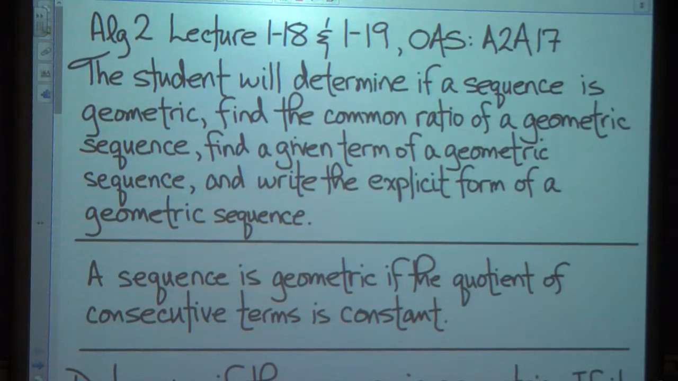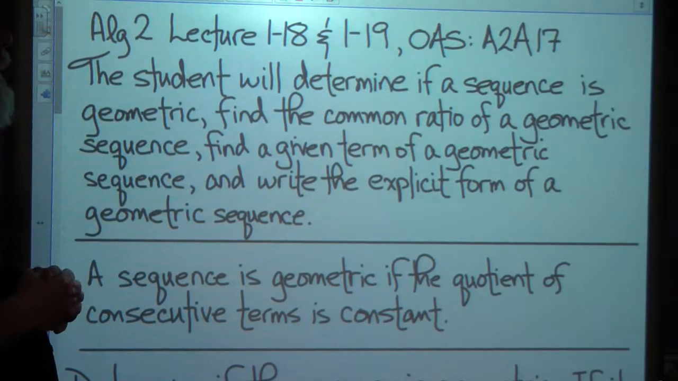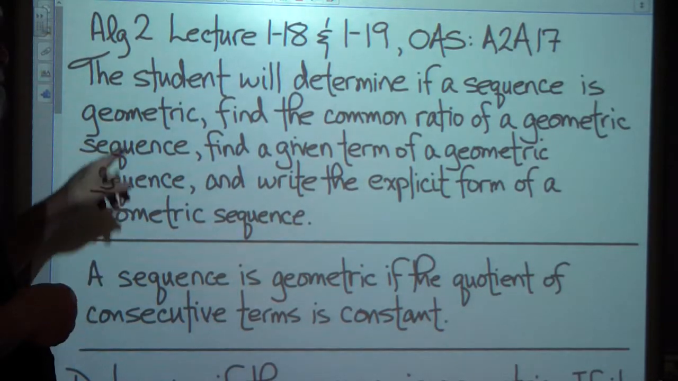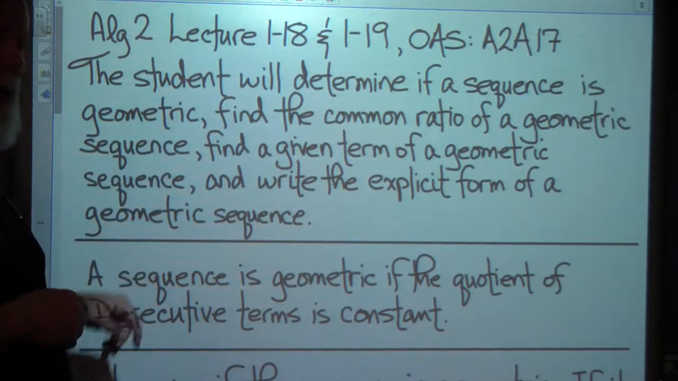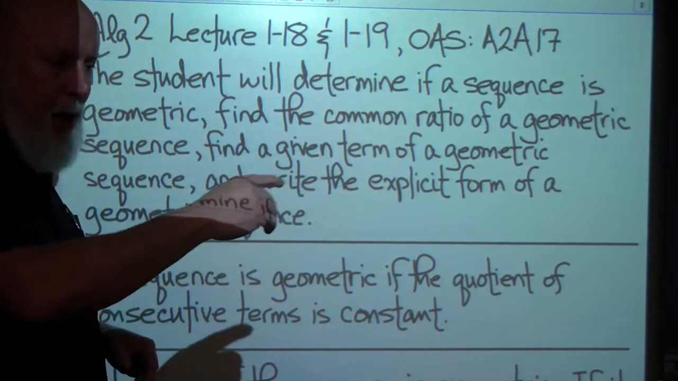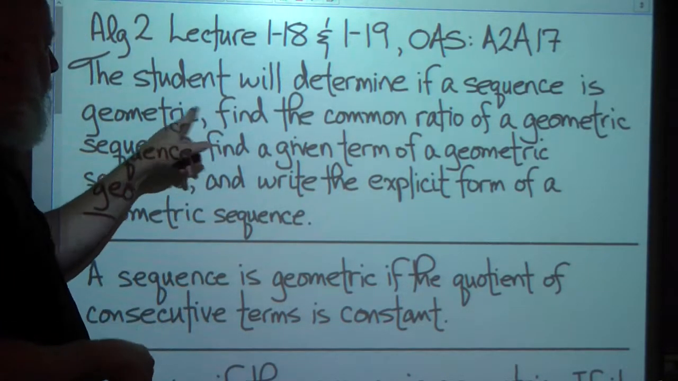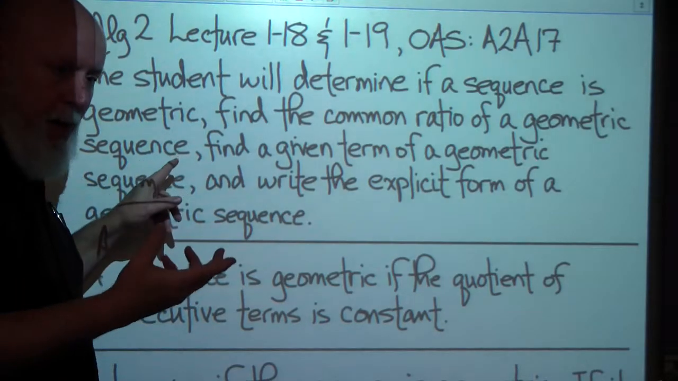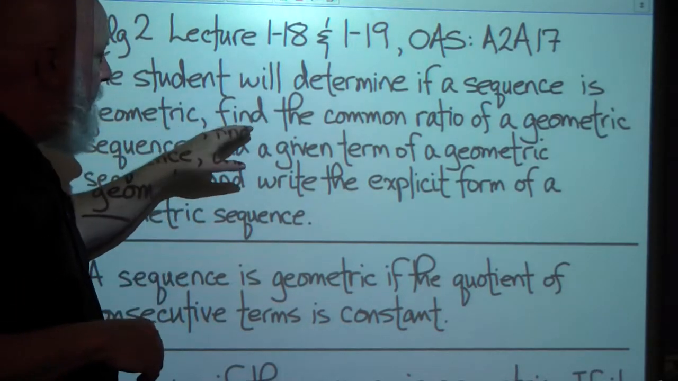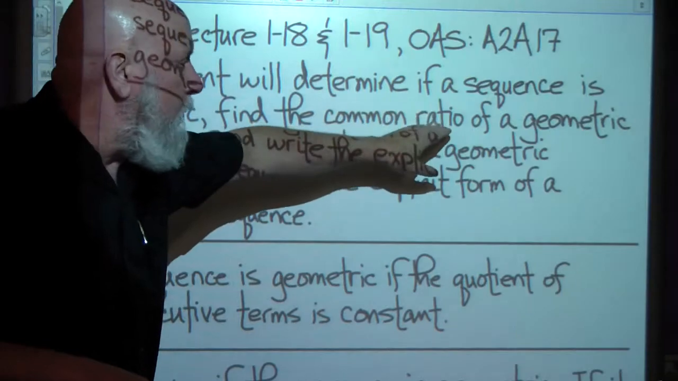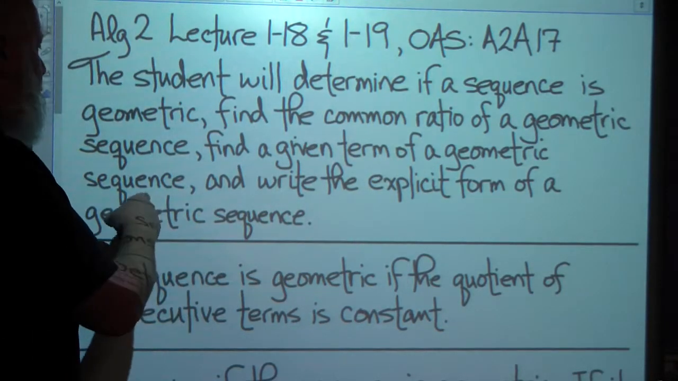All right. Algebra 2, Lecture 118 and 119, OSA 2A17. The student will determine if a sequence is geometric. Remember, a sequence is just a row of numbers with commas in between them. And we're going to find out if it's geometric instead of arithmetic, which is what we've been doing the last couple of days. We're going to find the common ratio, and we'll talk about that here in just a second,